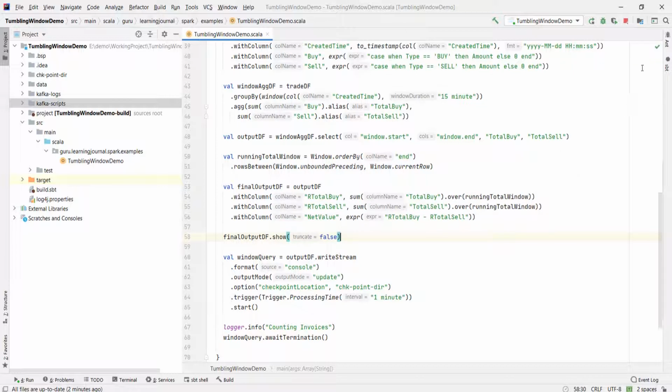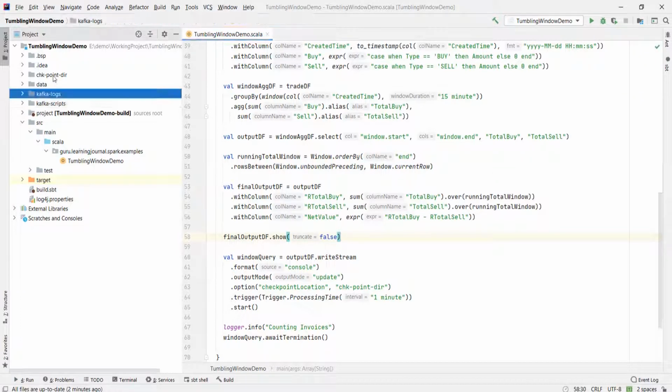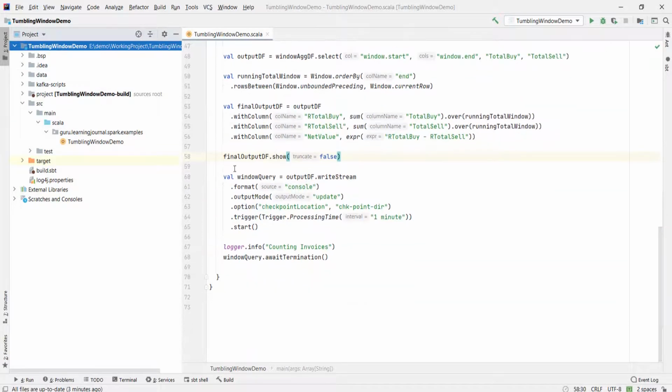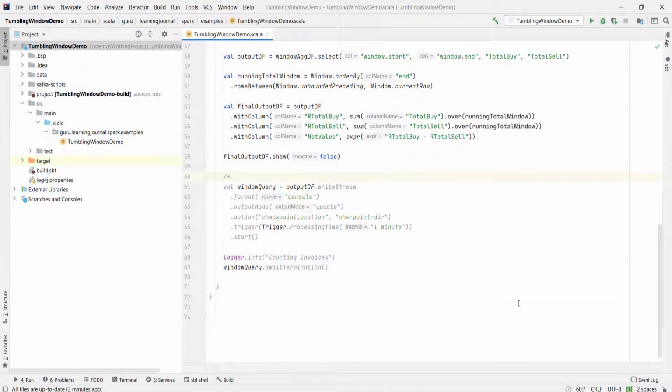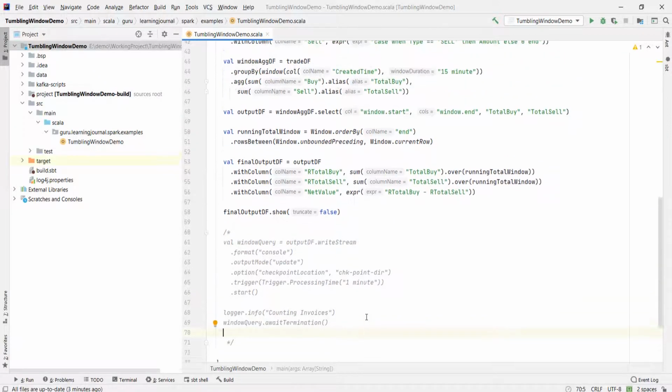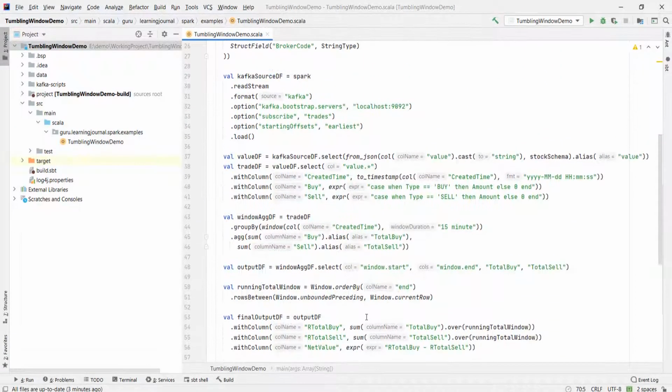Let me stop the application. Delete the checkpoint directory. Comment this streaming query. Change the read stream to read. Now it's a batch application. And now I can run this application like a batch application.